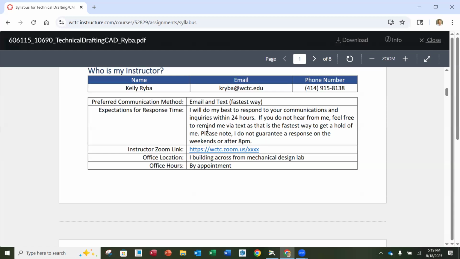So you are welcome to email and or text me any one of those times, but just know that, depending on where I'm at, it might not be immediate. If you text me or email, I'll get your WCTC email through. But if you text me, just at least the very first time you text me, tell me who you are, because then I'll add you as a contact, and then I'll know the next time. And then this is my Zoom link, but there's a Zoom link in